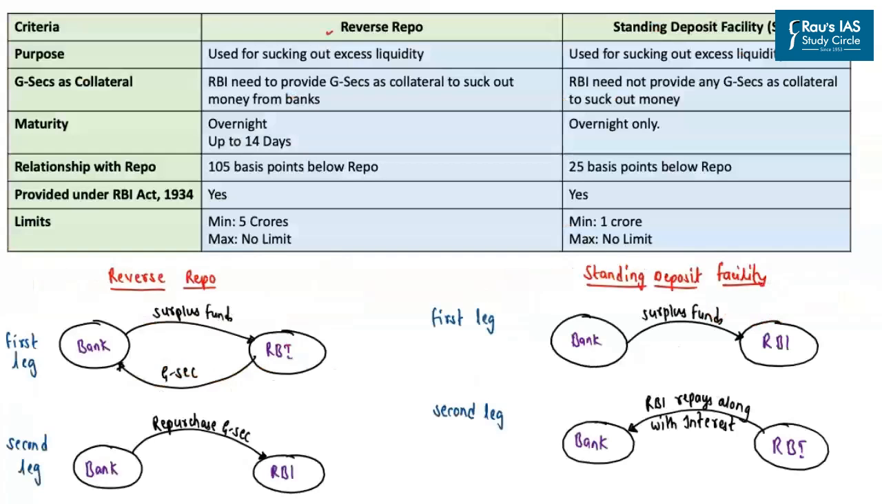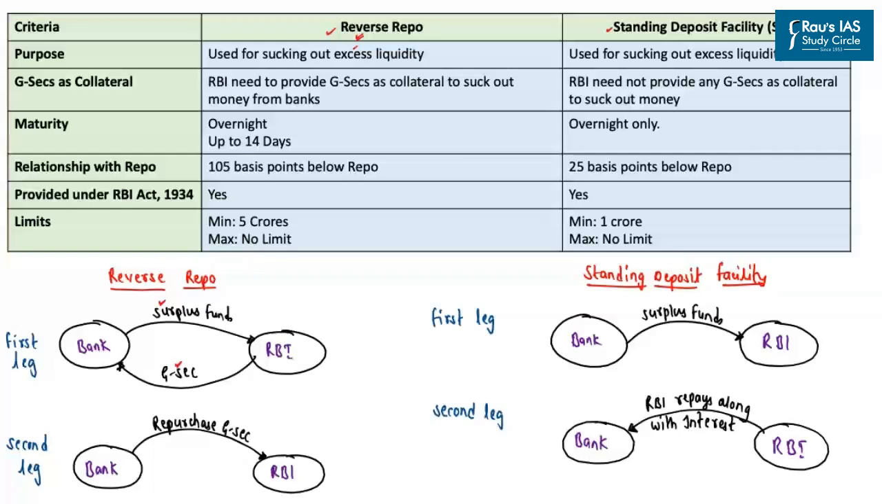Now coming to the concept of reverse repo and the standing deposit facility. I hope all of you must be knowing about the reverse repo. Reverse repo is basically a tool which the RBI uses in order to suck out excess liquidity from the economy. In case of reverse repo, the banks can keep the surplus funds with the Reserve Bank of India. Whenever the banks keep the surplus funds, in return, the RBI keeps government securities as a collateral